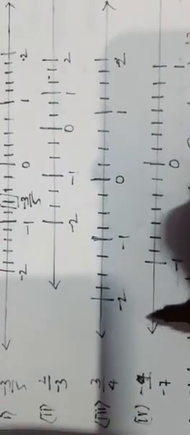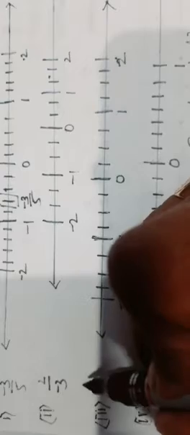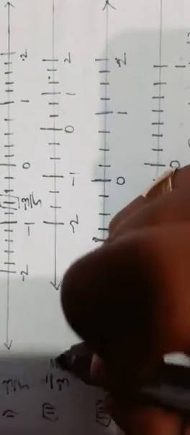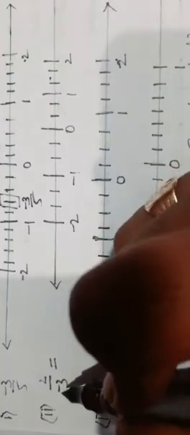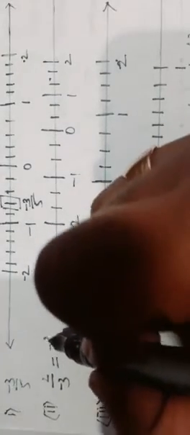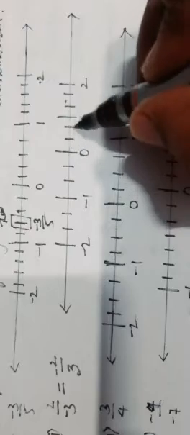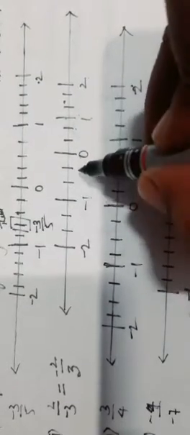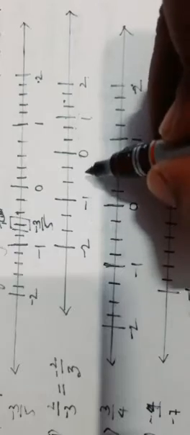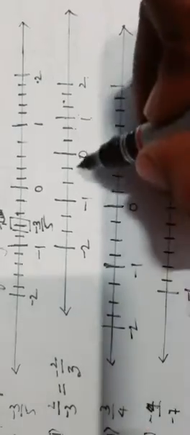In the same way, next is minus 2 by minus 3. To write it in the standard form, we know we have to take the minus sign to the numerator. It becomes minus 2 by 3. Here I have made between 0 to 1, 3 divisions, 1 to 2, 3 divisions, and to the left of 0 also between the whole numbers I have made 3 divisions because the denominator is 3. So to the left of 0, the second mark is the rational number minus 2 by 3.